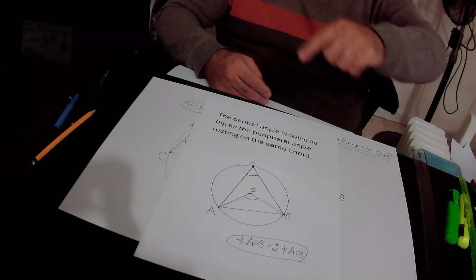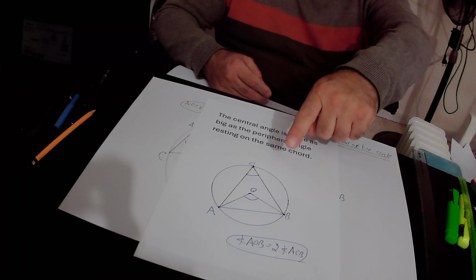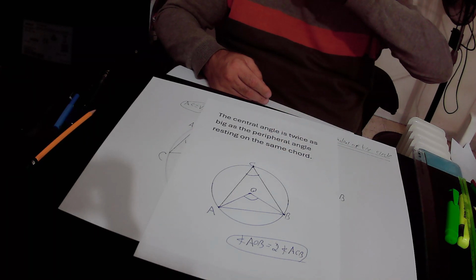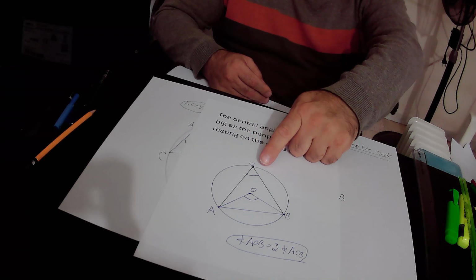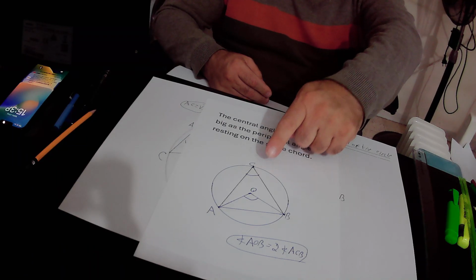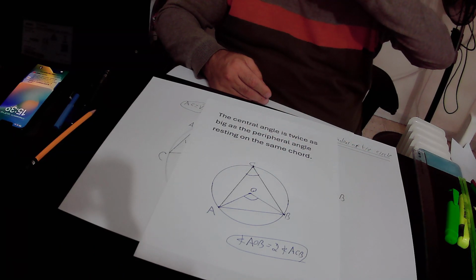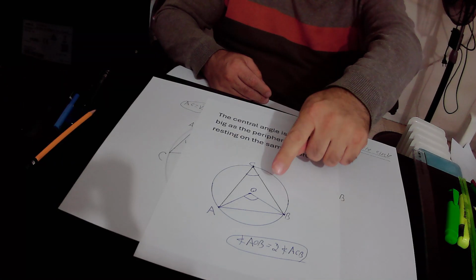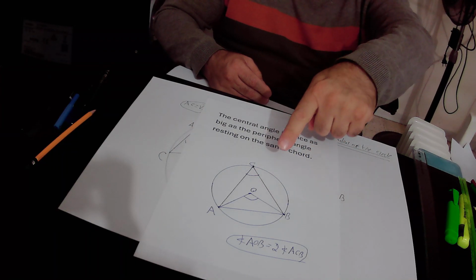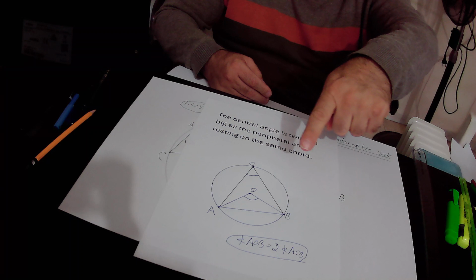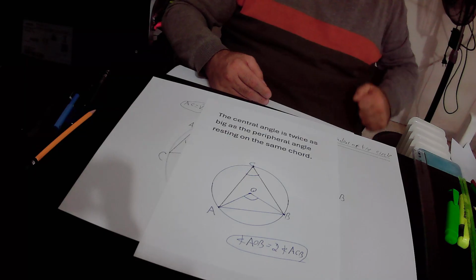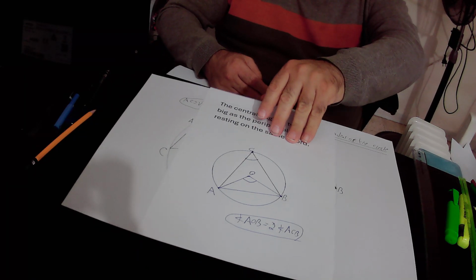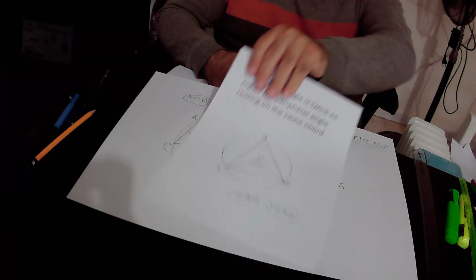So here we have central angle AOB that rests on chord AB. We also have this peripheral angle ACB that rests on the same chord AB, and according to the rule, the central angle AOB equals 2 times the peripheral angle ACB. Here, angle AOB equals 2 times angle ACB. This is the first rule, and the second rule is